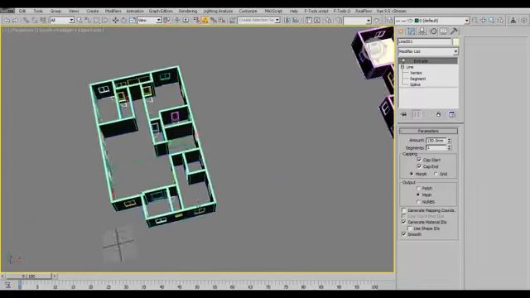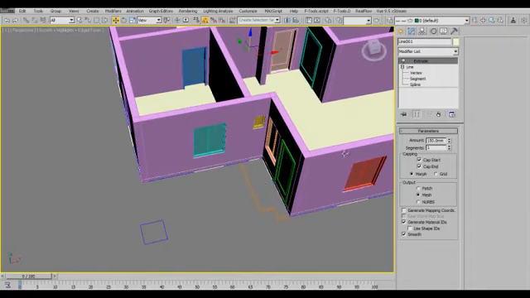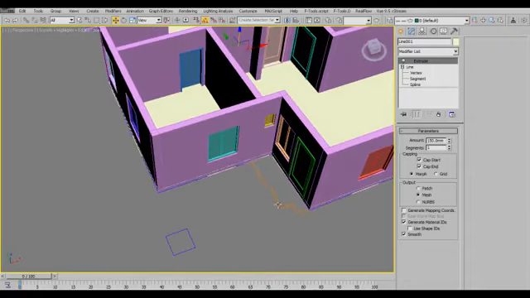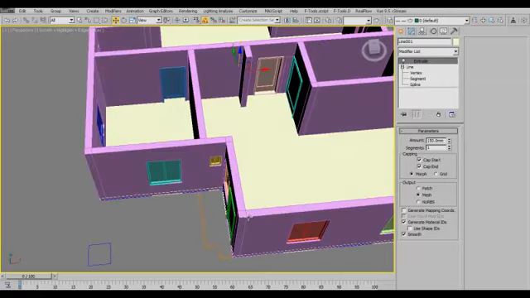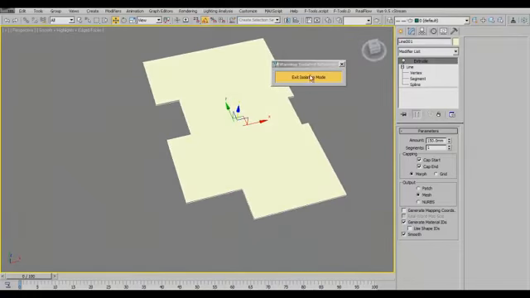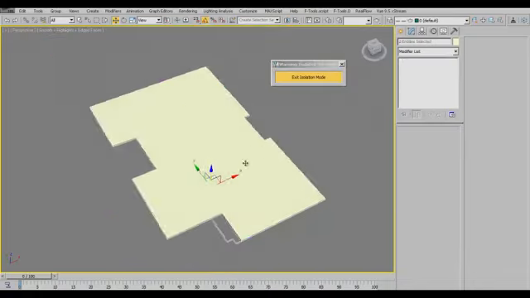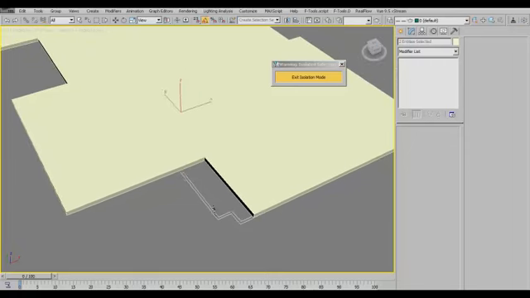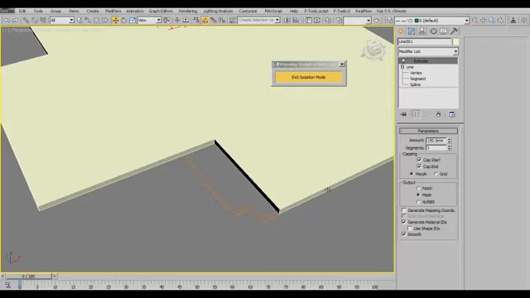Okay, I think I've made a little bit of a mistake here, and we can correct it with a technique. Because there is a balcony here, this is supposed to come in, and this balcony is supposed to come out. So I'm going to isolate that again, and I think I still need to keep my reference active. Okay, isolate that with the reference isolated as well. So I'm going to create a,